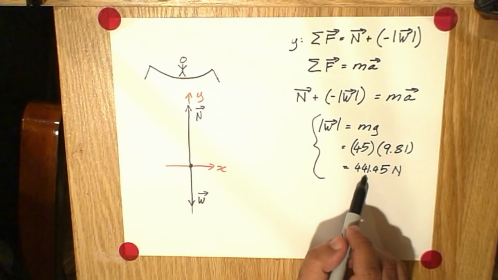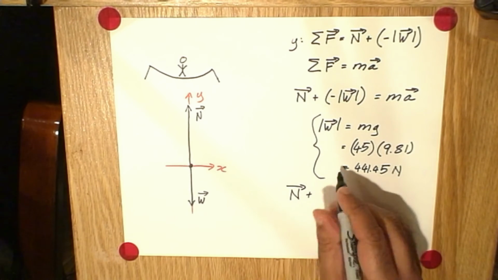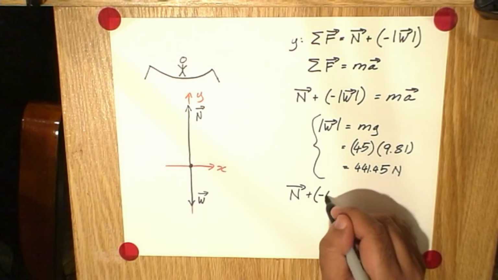So now let's plug this weight force in for the weight over here. The normal force plus negative 441.45